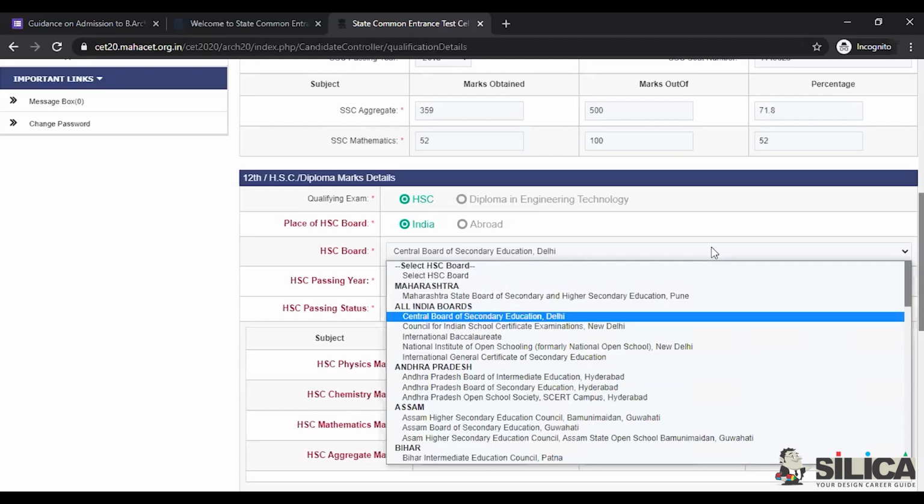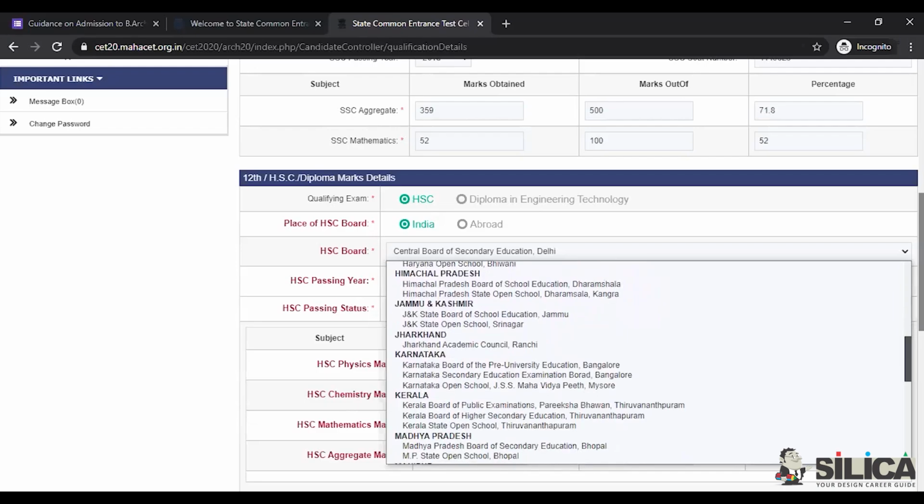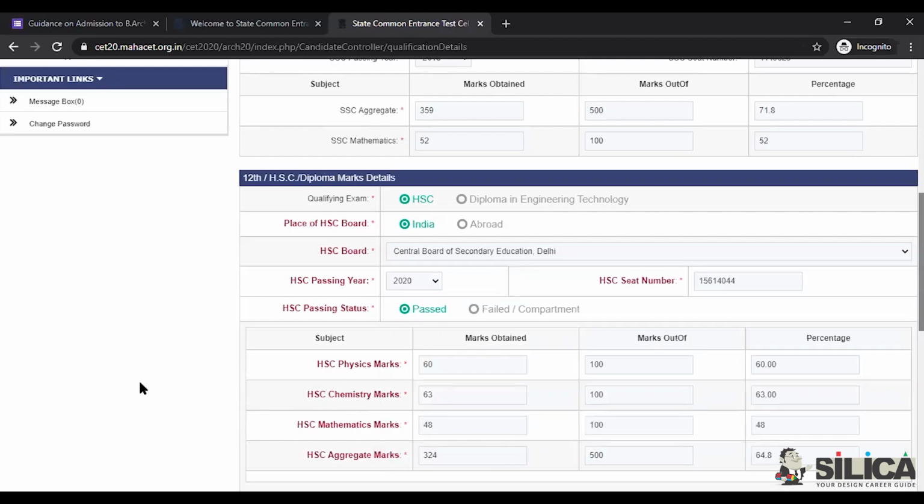This is one option. Any other board, you can choose any other board. So here it's not an issue that you belong to IGCSE from Dubai or any other country. So you can choose any other board as an option.